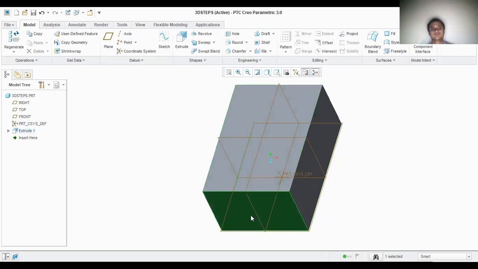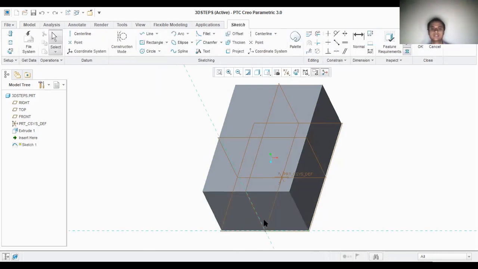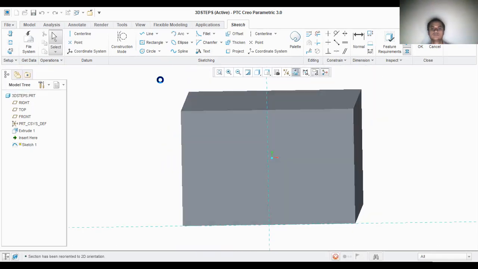Now I'm trying to select this face, which is called the front face. You can select the front face or the side face, so that on this one you will be drawing. After selecting the front view, click on sketch. You will be generating the axis. There you can click the sketch view. This is the option of sketch view, or else you can click here. Anywhere you can click sketch view. So I'll be clicking here. This is my face.